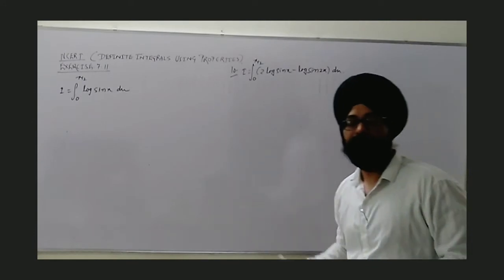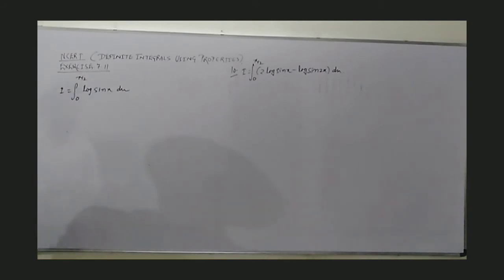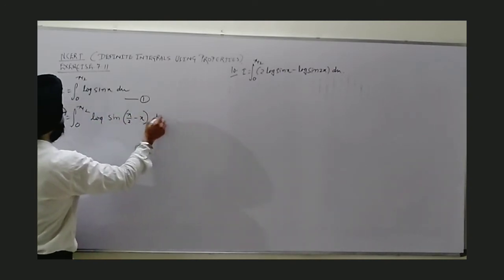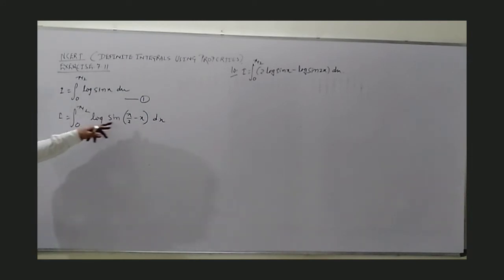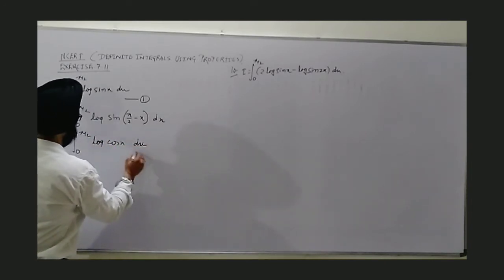So far we have seen that the given integral can be written as integral 0 to pi by 2 log sin x. Here we will start its integration. First of all we will use property number 5 once again. Let us consider this to be I. Now we consider I as integral 0 to pi by 2 log sin of pi by 2 minus x. These are fixed steps we do. Applying property number 5, I replace x by pi by 2 minus x. There is a change now: sin of pi by 2 minus theta is cos theta. So integral 0 to pi by 2 log cos x dx.